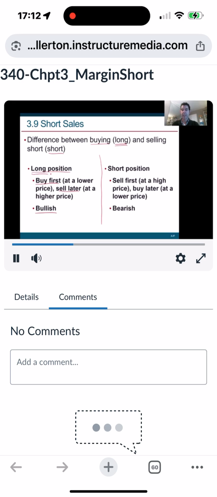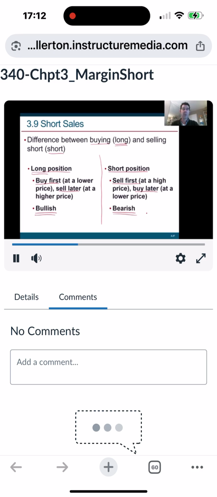Okay? Contrast that with a short position. A short position is you actually sell first and you're going to have to buy it back later. If you are short a stock, then you are what we call bearish on the stock. If you are a bear or there's a bear market or you're bearish on this stock or that, you think that stock is going to go down. Okay? So that's very common terminology here, bull and bear.